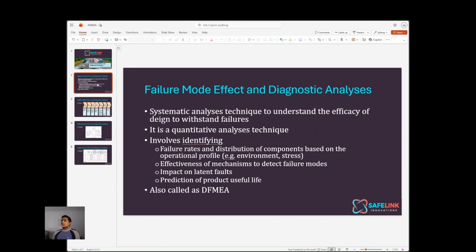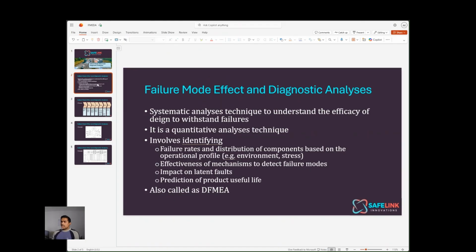Now, talking about FMEDAs and how an FMEDA is different from an FMEA, there are some differences which are explained in a separate video. For this video, we will just look at what an FMEDA is and what the process is, and we can do an example of an FMEDA. So essentially, FMEDA is